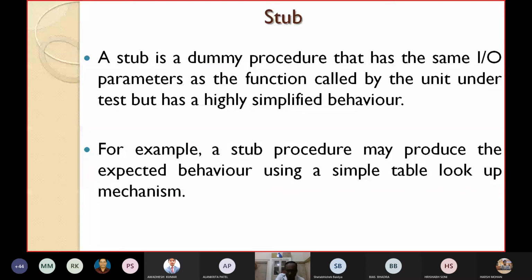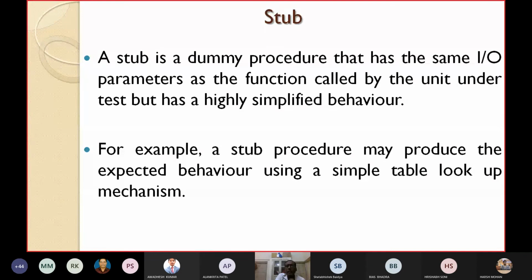So the procedure that you are developing using a simple table lookup mechanism can be used as a stub procedure for the called module, which is not ready.